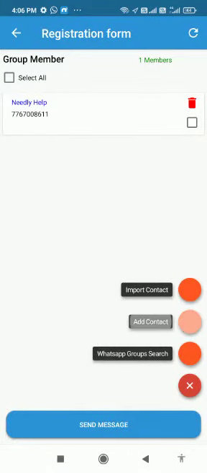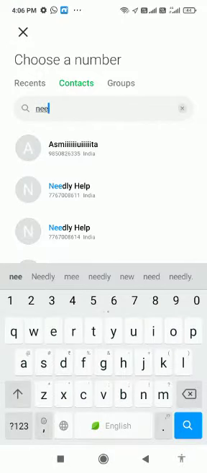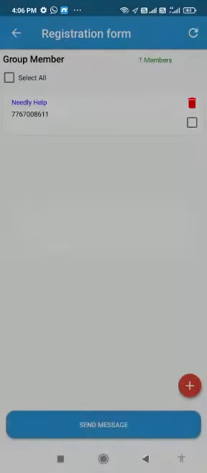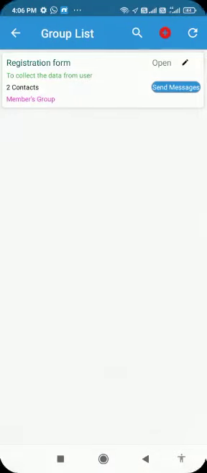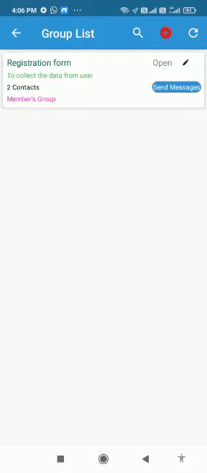Now I am adding one more contact. Click on add button. Now open that registration form and see two contacts are in the group.